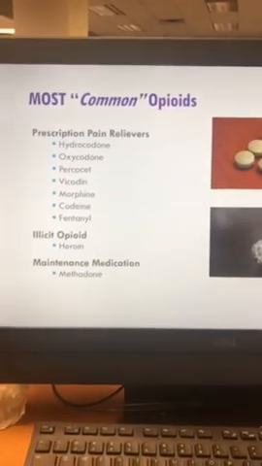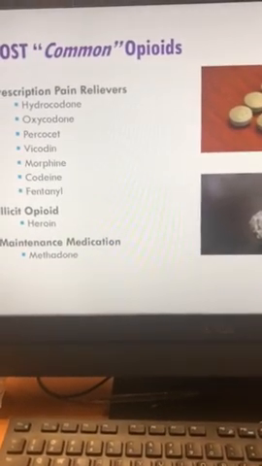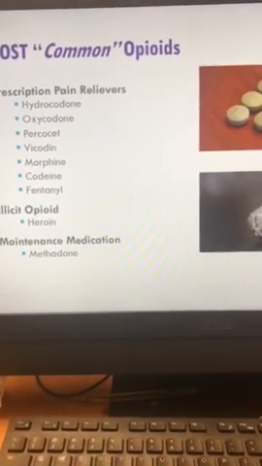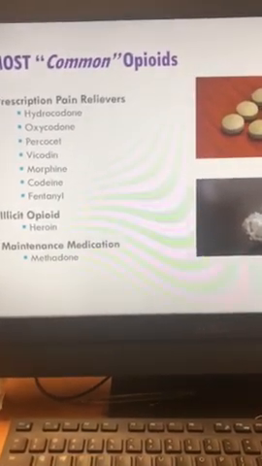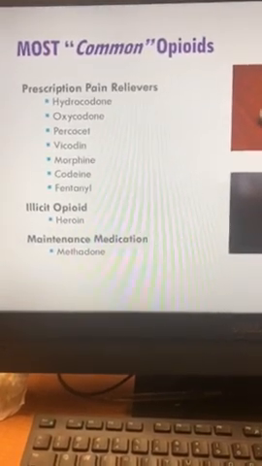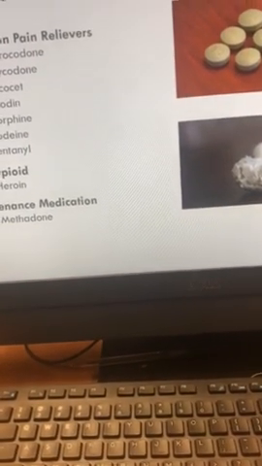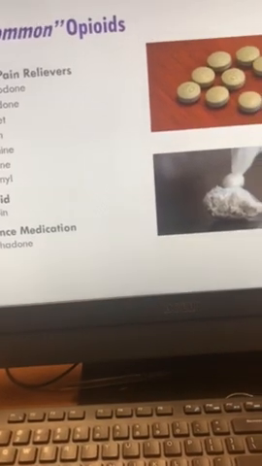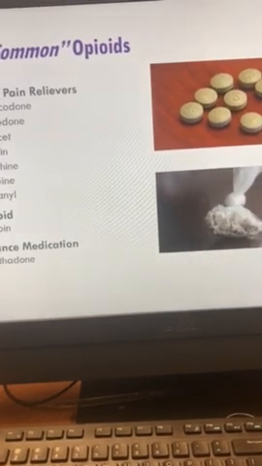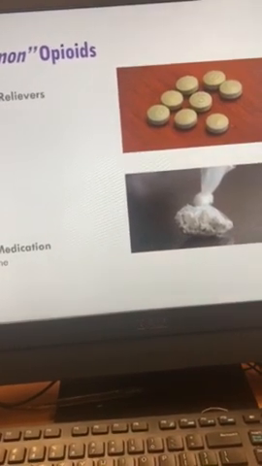Okay, next we have the most common opiates. The most common opiates are prescription pain relievers such as hydrocodone, oxycodone, Percocet, Vicodin, morphine, codeine, and fentanyl. The illicit opiate is heroin, and the maintenance medication is methadone. Hydrocodone and oxycodone are two medications that have really exploded in the market as common medications for treating pain. And we also have Percocet and Vicodin, which include acetaminophen, which makes them even stronger than the hydrocodone and